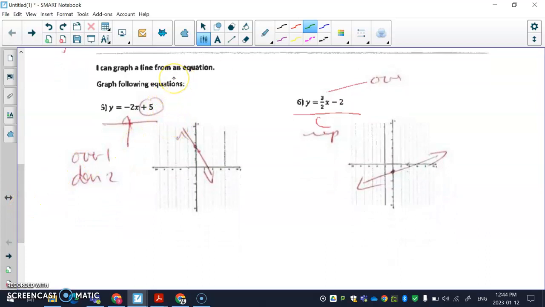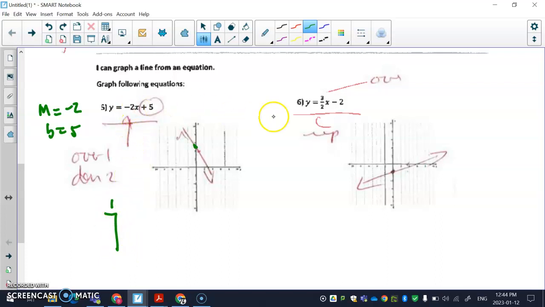Here, if you're going to graph these, you start off with the intercept, which is 5. So you go up to 5, it's plus 5. And then your slope is minus 2. So we know that m is minus 2 and b is 5. It's easier to start with the 5 first. So you find this point here, and then minus 2 says you go over 1, down 2. Okay? It's over 1,